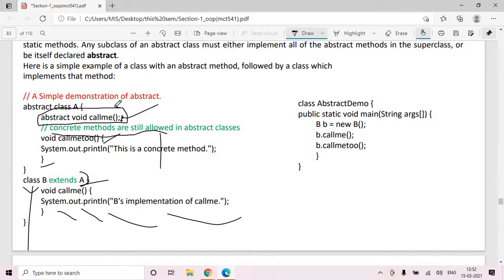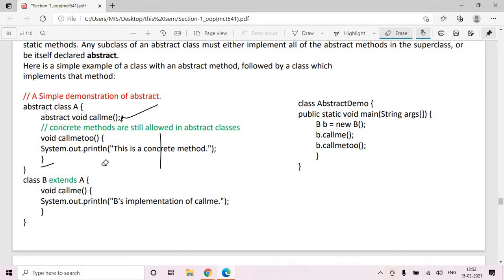In this example, we have one abstract method, call me. So you have to write void call me here. If you don't write this void call me, B will automatically become an abstract class and this code won't work. You cannot create an object of class B either. So this is how the abstract mechanism works.